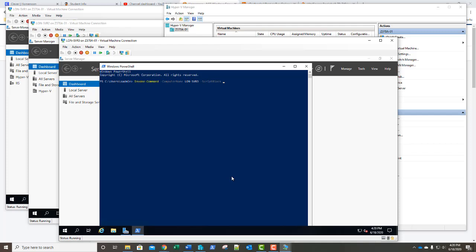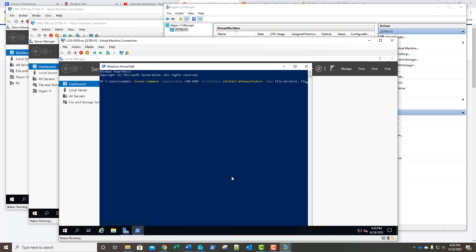I'm using tab complete to make this easy on myself. We're going to then do Install-WindowsFeature. We can still tab complete. We do a dash Name, a space, and then File-Services, a comma,